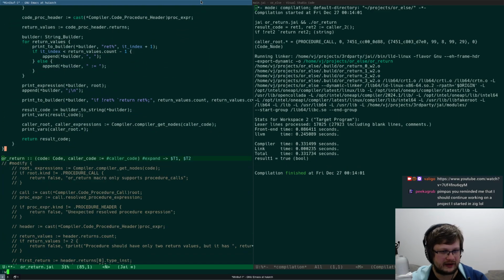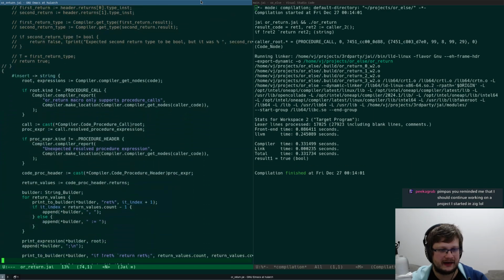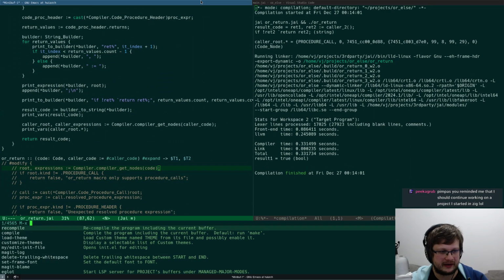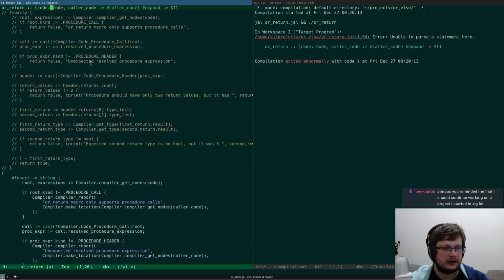Let's have a convoluted situation where I have two different macro types, one of which returns a single type and another returns the double type, and if I recompile, unable to parse, oh yeah, because return type should be here.